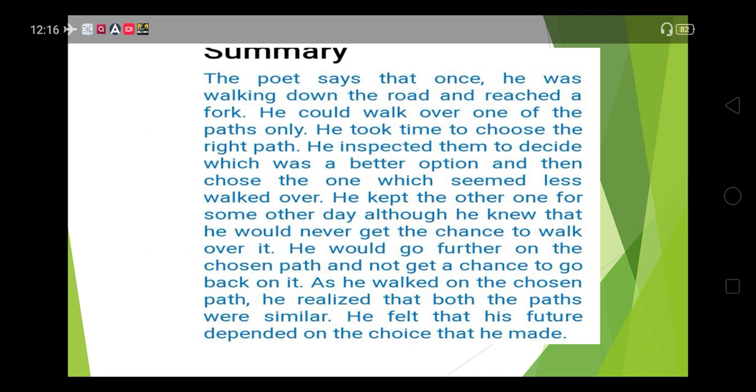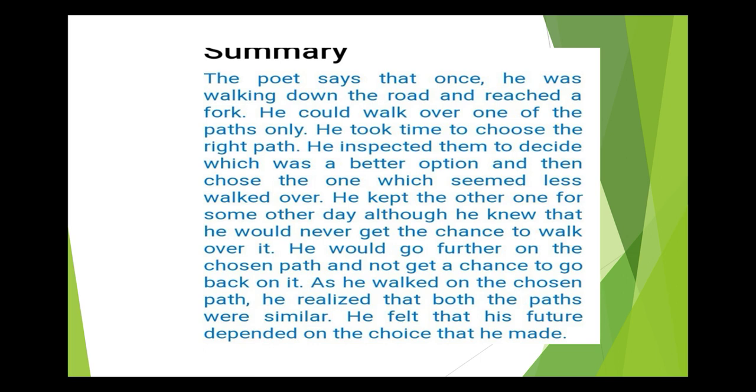Now just let us have a quick look at the summary of the poem. The poet says that once he was walking down the road and reached a fork. He could walk over one of the paths only. He took time to choose the right path. He inspected them to decide which was a better option, and then chose the one which seemed less